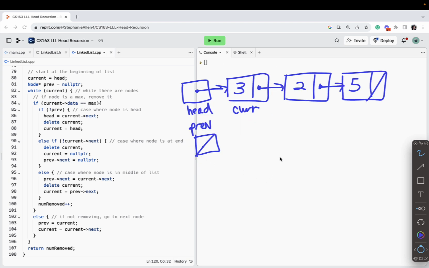Okay, well what if 5 is at the end of the list? Well, we're searching through, current does not have a 5, so we'll move current here, and previous will be here. Current does not have a 5, so we'll move current here, and then previous will be here. Current has a 5. We know it's at the end of the list because its next pointer is null. So all we have to do here is delete the node and then set previous